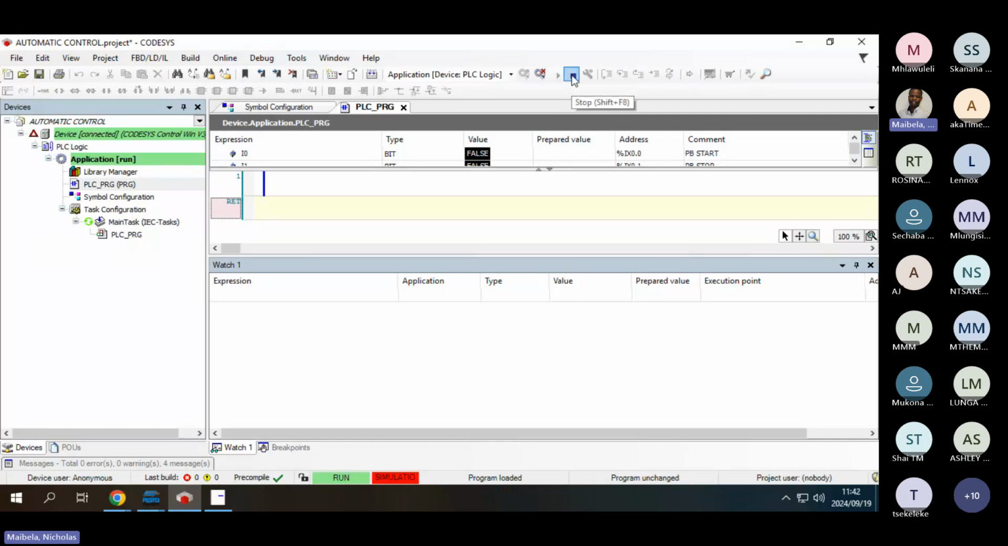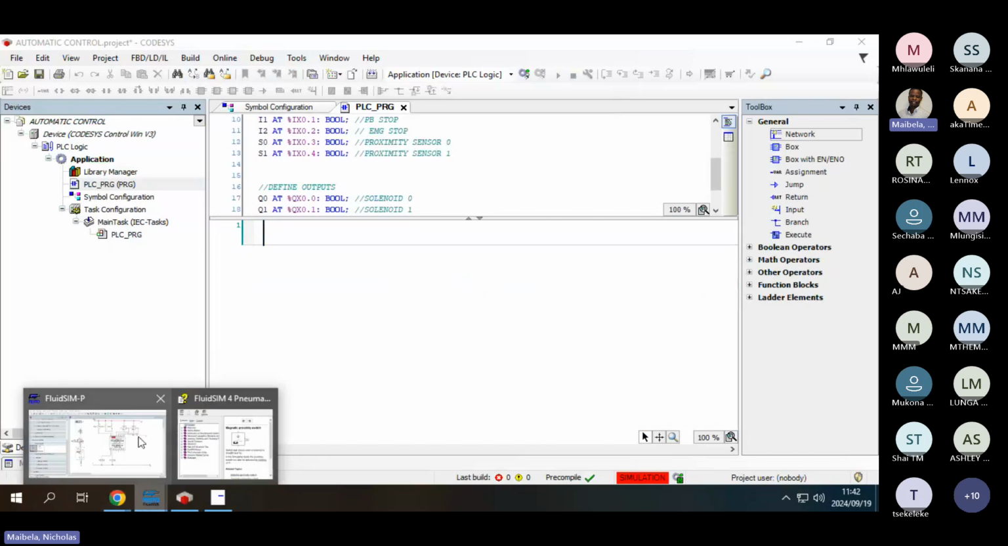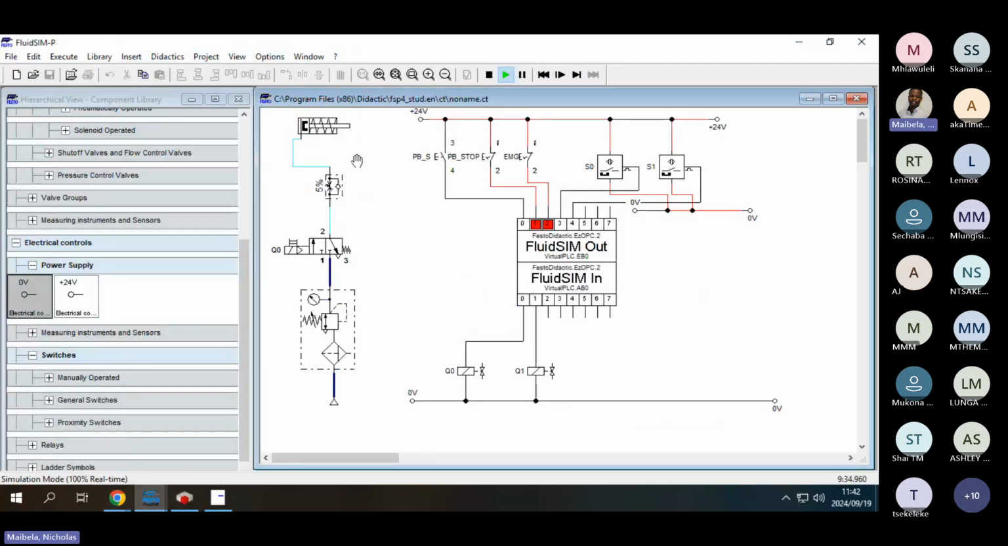Stop first. Also sequencing matters, right? So just stop first and then log out, right? And then first things first, let us double check your variables if they are okay, right? And then if they're okay here, just go to your fluid sim. And then stop